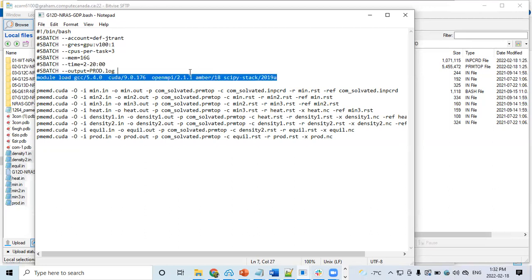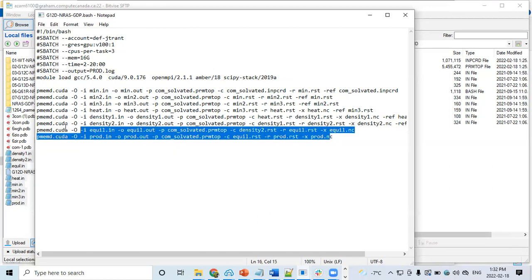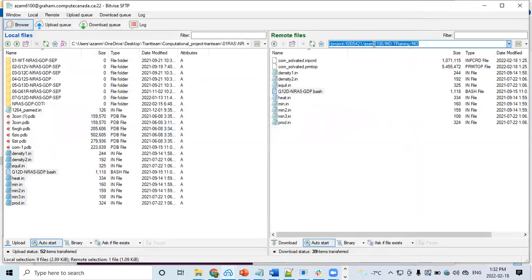And this is the module that we want to use to simulate our system, that program, that version. And this is for all the steps you need to do. So simply, I put all these together and just copy my directory name